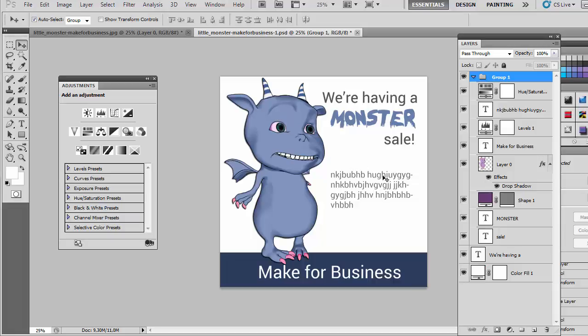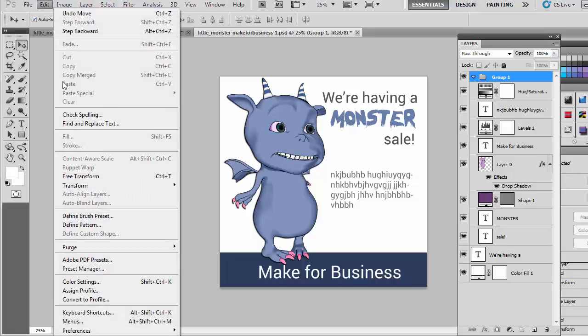I mean, obviously I would go ahead and add some more relevant text if I was going to use this in real life. Make sure that you've got your website address or your Etsy store address. But I've shown you a few of the key tools. I've shown you how to use the auto select here, and to click on an element within your image to move it around. I've shown you how to use the text tool. I've shown you how you can use